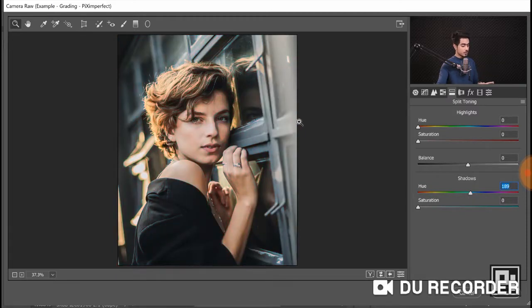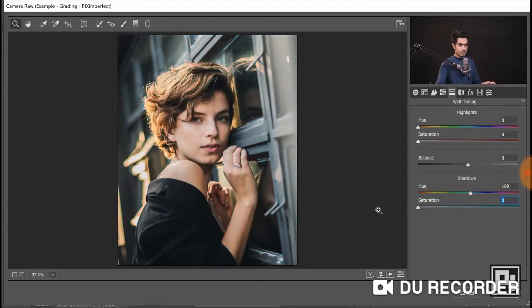So if I hold the Alt key and if I click and drag in here at 189, this is the look. If I increase the saturation, it's the same look. So temporarily, it will assume that the saturation is at 100. So it helps you choose the right color, which you can later control the saturation anyway. So let's decrease the saturation all the way to 0. And you can use this trick by holding the Alt key or the Option key. Just drag and see which color suits the best